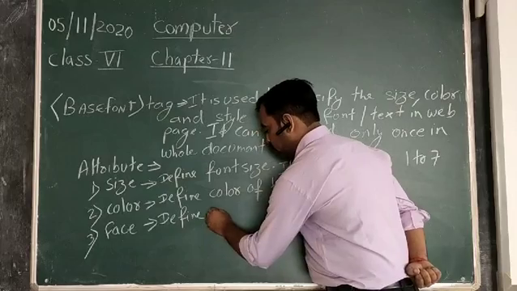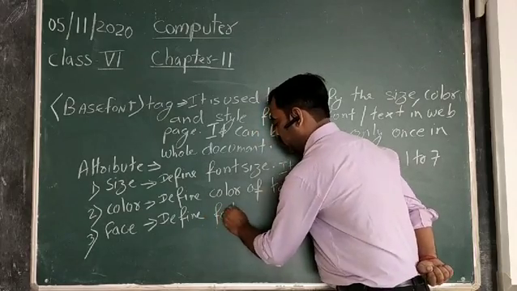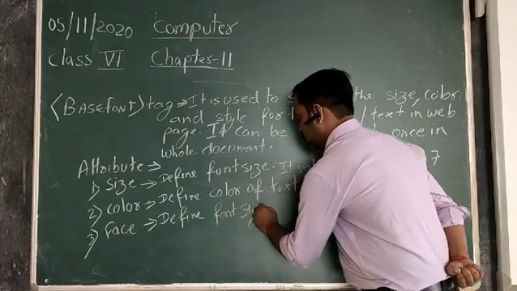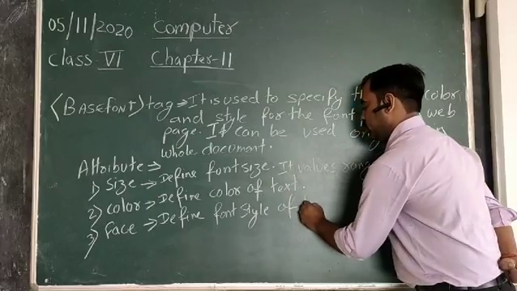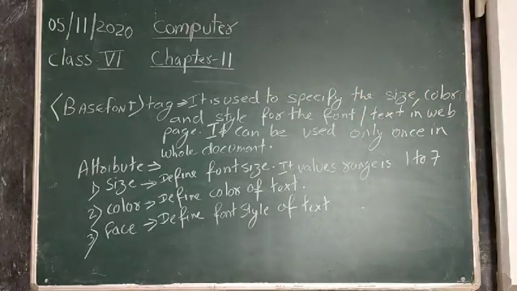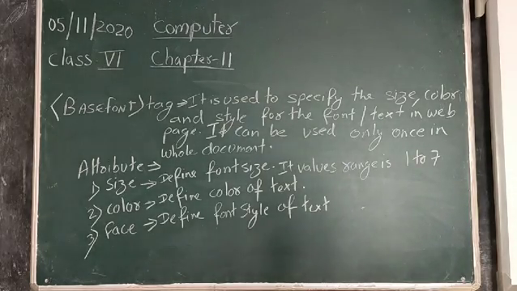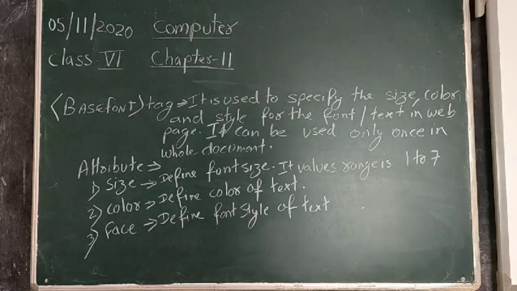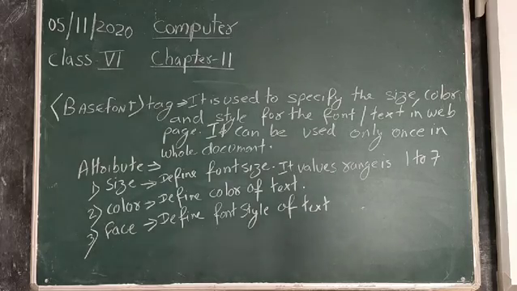Defines the font style of the text. Clear? So these are the three different attributes of the basefont tag. The first one, size, is used to define the font size and its values range from 1 to 7. Then color, used to define the color of the text, and then face defines the font style of the text,